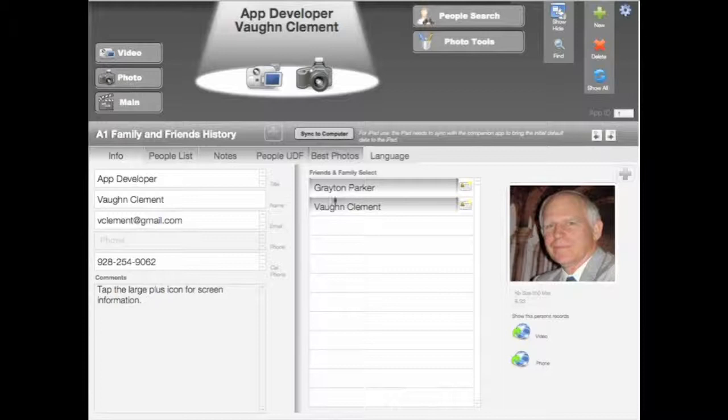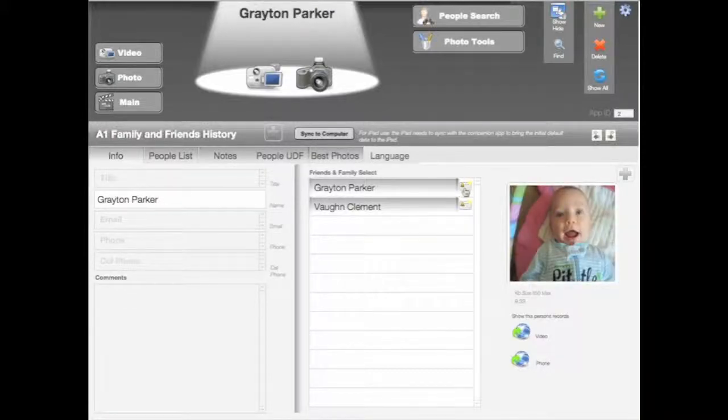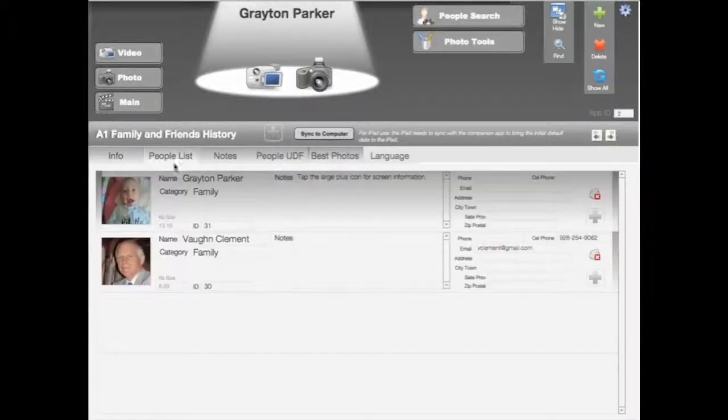Let's say that starting out, there would be a list as you add people. It actually creates a select list where you can select individuals within your application. So if you're doing a diary or something like that, or an ancestry, you can pick the person that you want to look at, and then you'd be looking at their record. For example, if I wanted to change over to another person, I just click the icon in the corner. Let's look at the people list. There's only 2 records in here now,